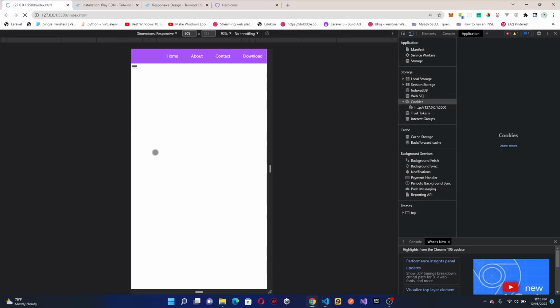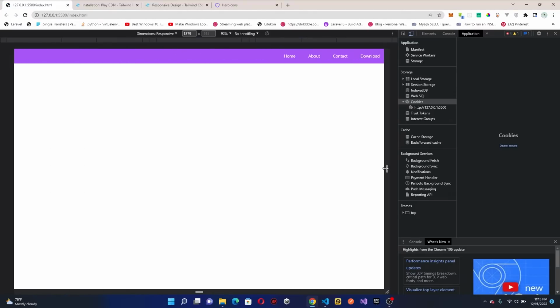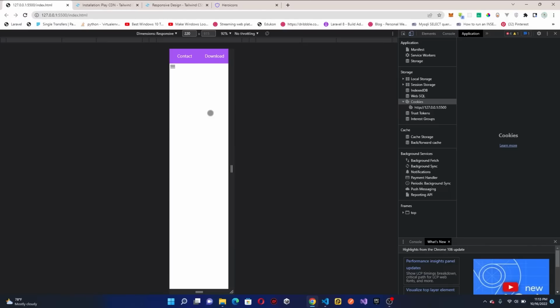Okay, and we should save this. It's still there, but we should move to the medium screen. It's going to be hidden, and on the large screen is also hidden. And how to know the